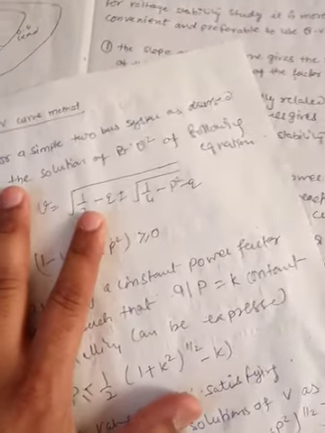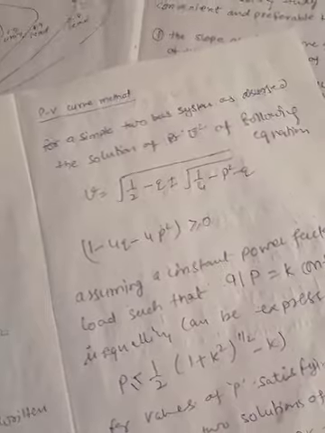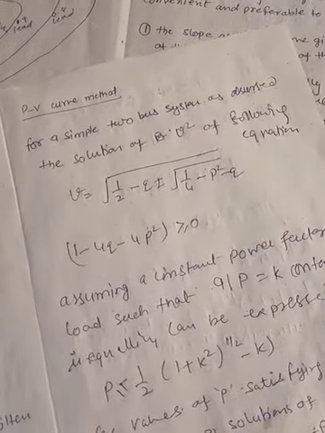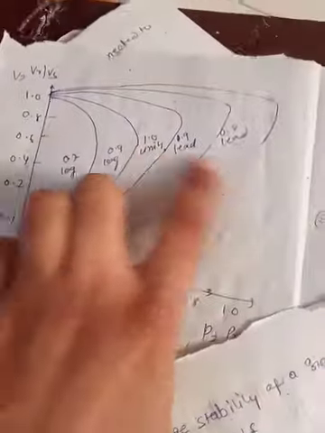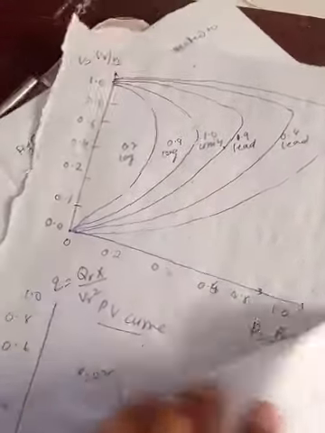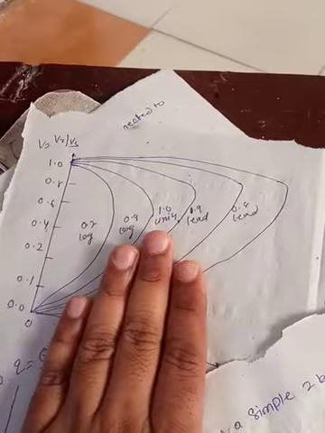And for different values of the load power factor, it means for different corresponding values of K, the normalized value of the load active power is as shown in this figure. Now this is the figure. So if you are choosing different power factors and using the normalized value, you will get such types of curves. So this is called the PV curve.